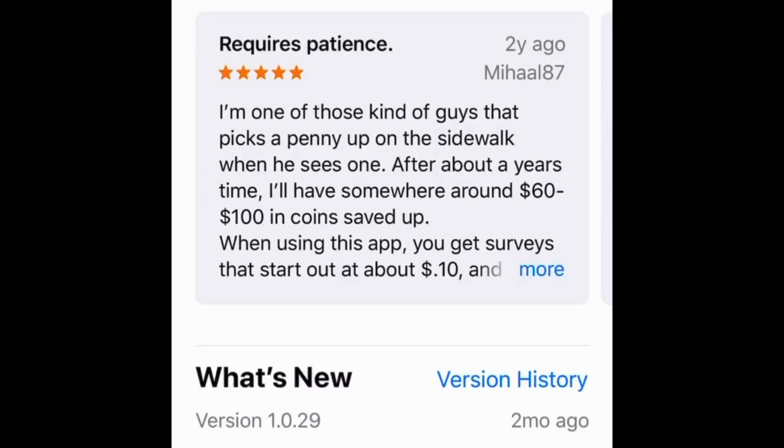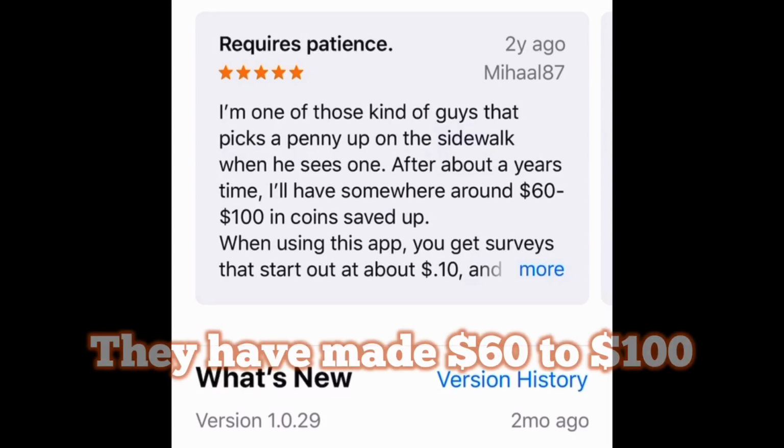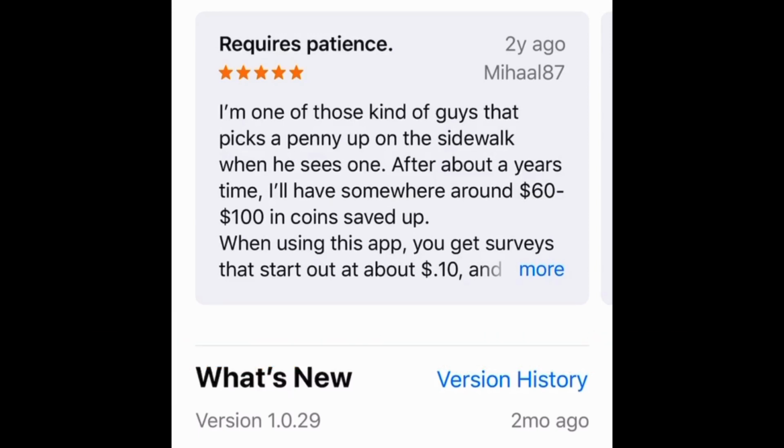So the rating on this app is 4.7 out of 5 stars. And a person that left a review says they already made $60 to $100 already. So the name of this app is